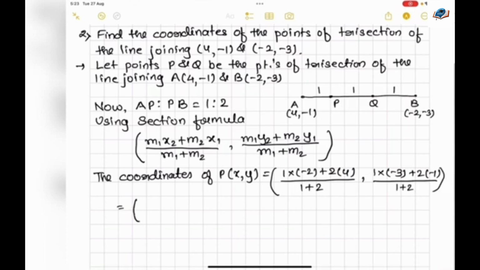So that comes to 6 by 3, comma minus 5 by 3. So that is 2, comma minus 5 by 3. And